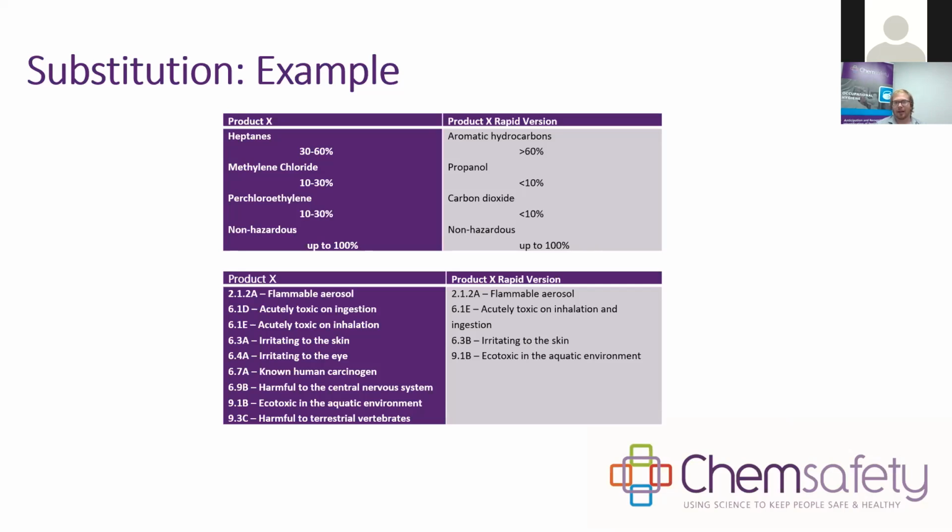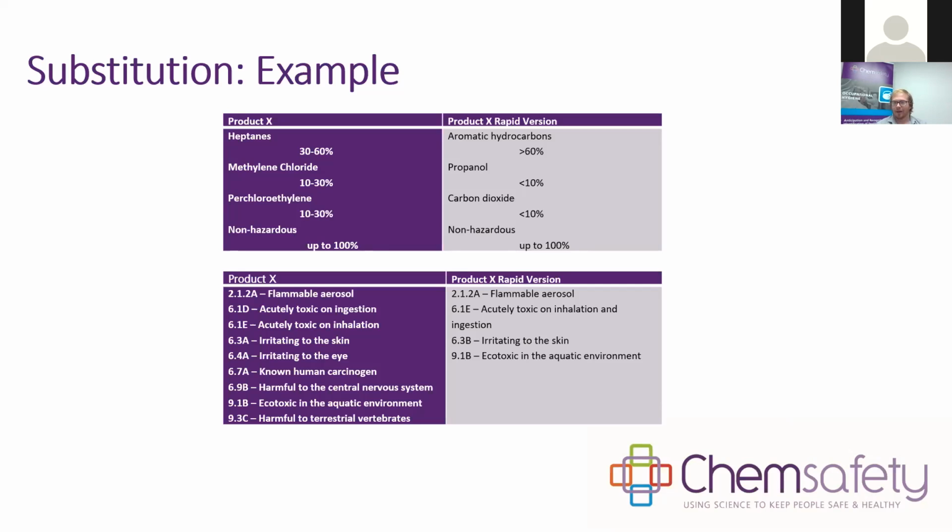So product X was a 2.1.2A flammable aerosol. That was a 6.1D. It was acutely toxic on ingestion and on inhalation, irritating to the eyes, irritating to the skin. It was a known carcinogen, harmful to the nervous system, toxic to the aquatic environment and to terrestrial vertebrates. So a lot of things not great about product X,